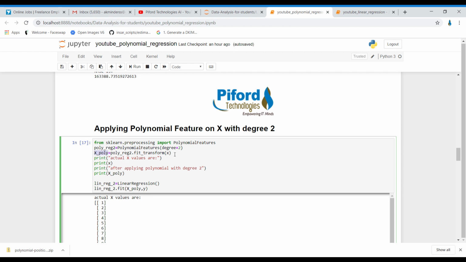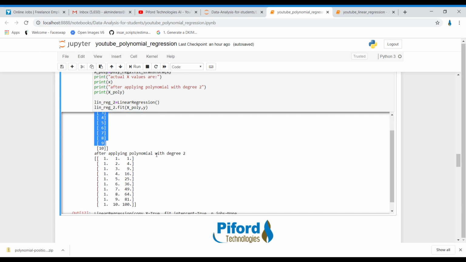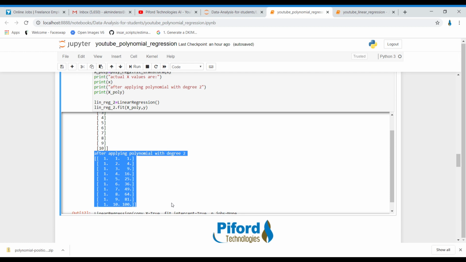This is the only code which you need whenever you want to apply polynomial features. Just define the degree and then fit and transform the data. Now over here I'm showing you the results. See, this is the actual x value, and this is the output. This is the x value after applying degree 2 on it.